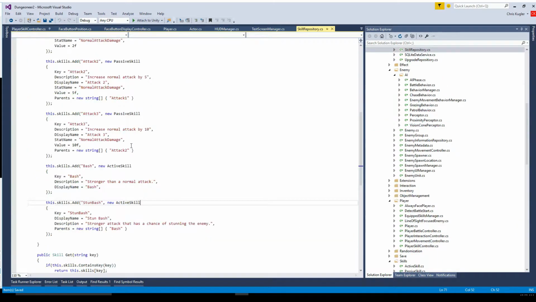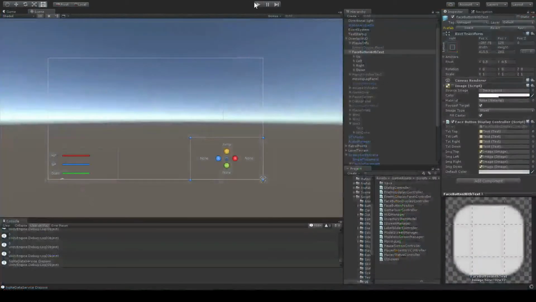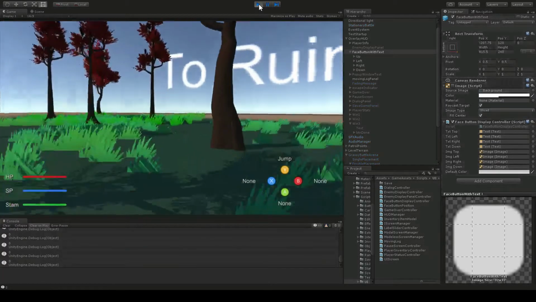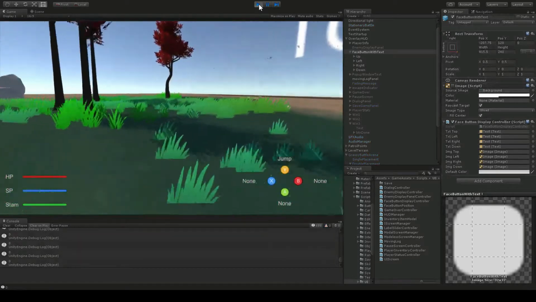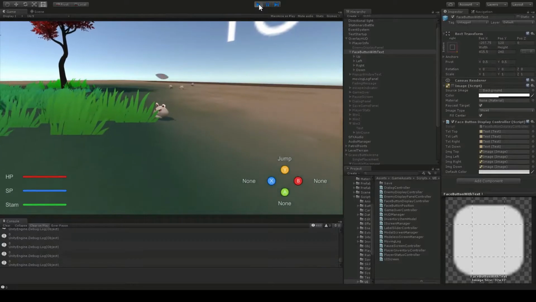And we will go ahead and skill repository. SP cost is equal to 15. SP cost is equal to 25. Let's go and give that another shot. There's no visual indicator on any of this stuff, so like I said before, we'll be dealing with that in a little bit, but for now,